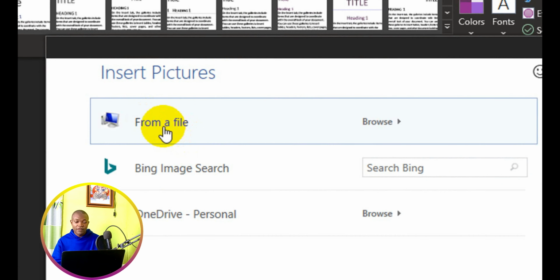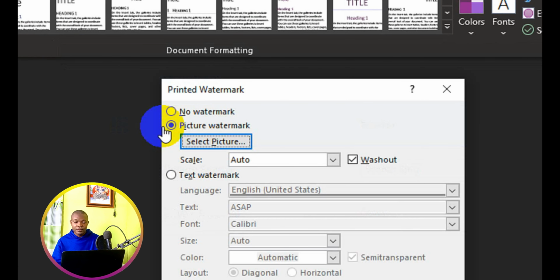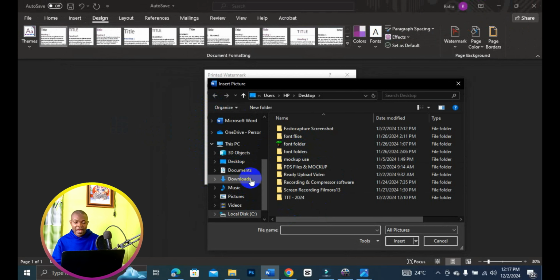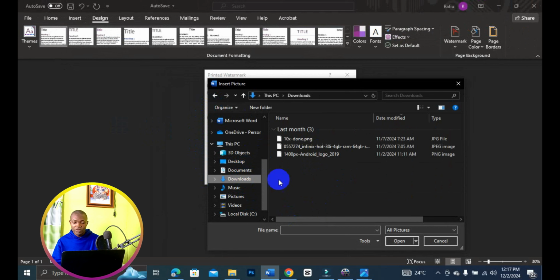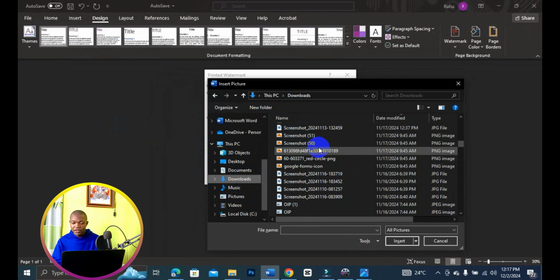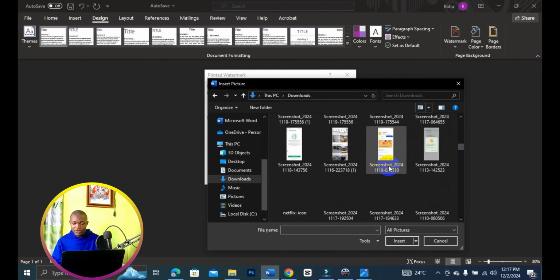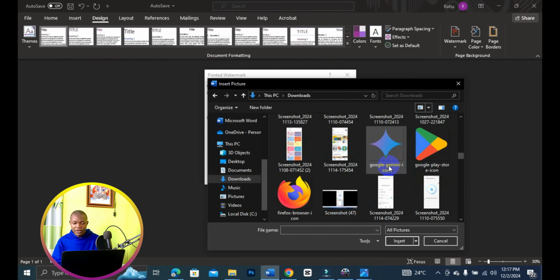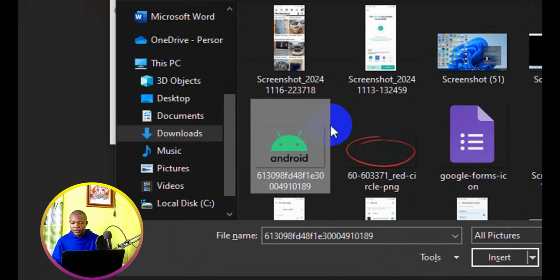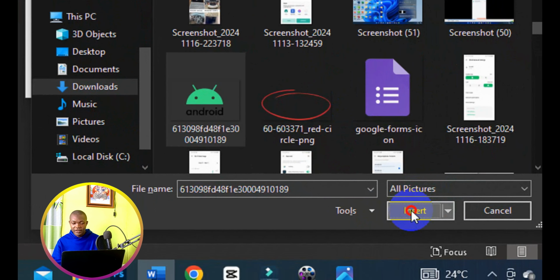So I will simply click on From a file, and it's going to load up like this. So I have the logo in my download folder. So I will simply check on the logo right here. I'm going to look for the logo right here. So I will simply make use of this Android logo as an example. Then I'll simply click on Insert,